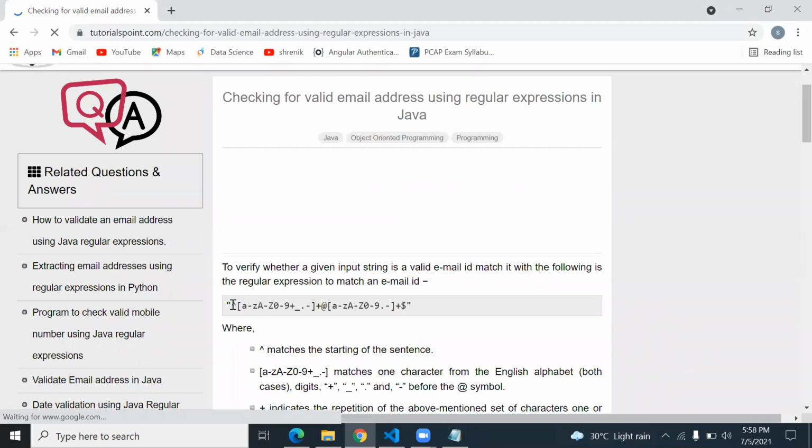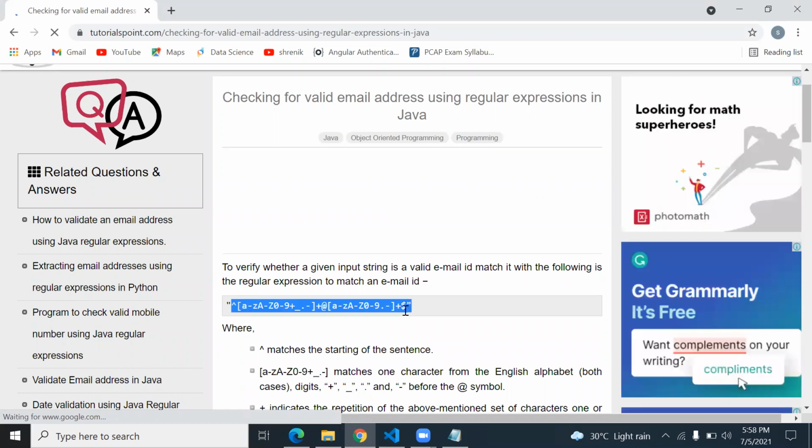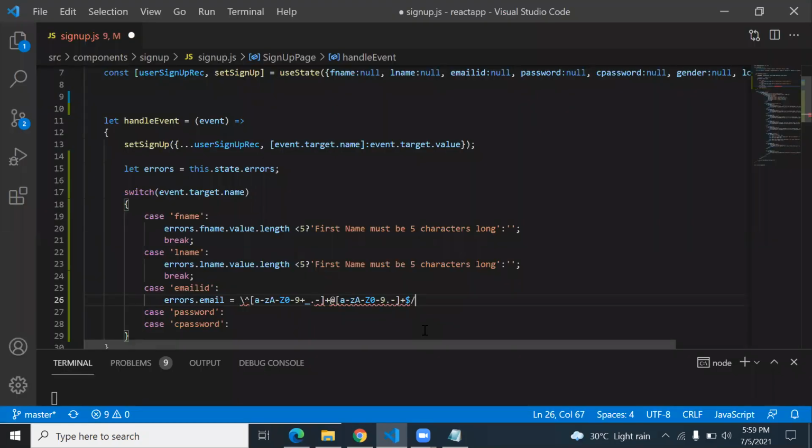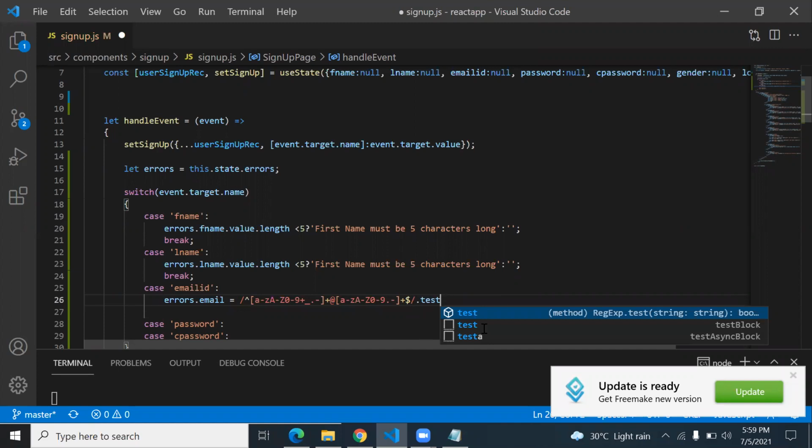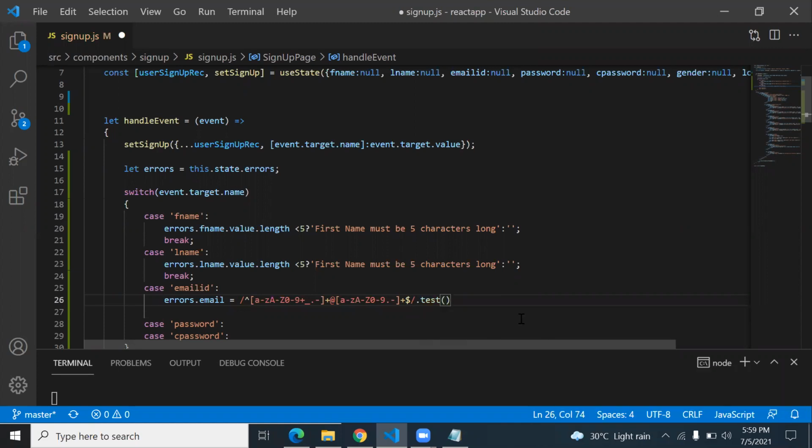Okay, and in JavaScript embed it inside the two slashes like this. So this is called regex. Here you write dot test. Dot test is a regex function, and inside test you pass the value.